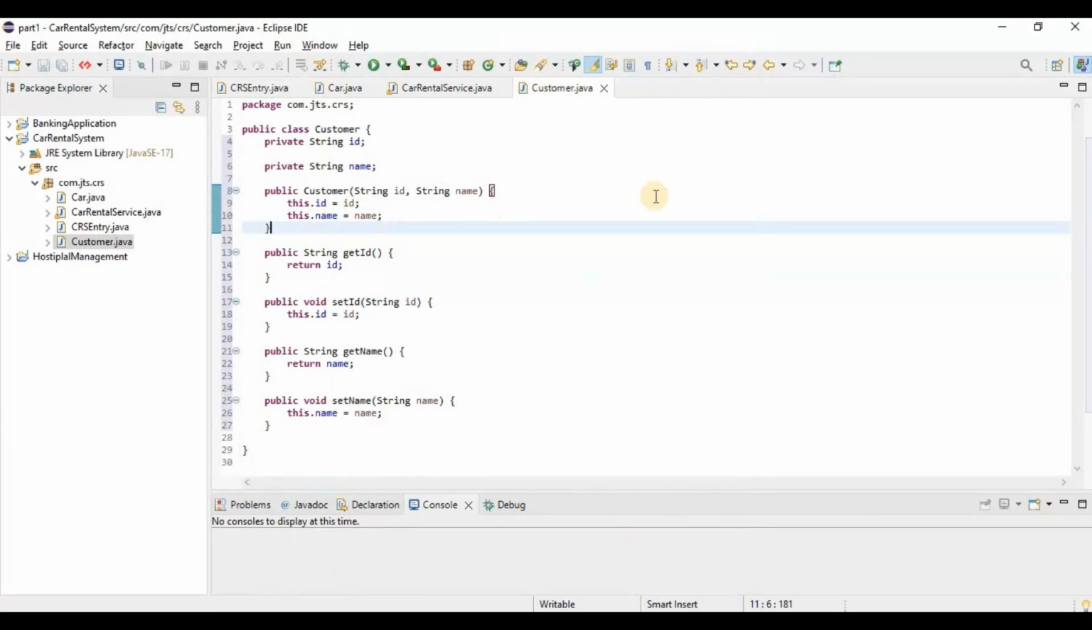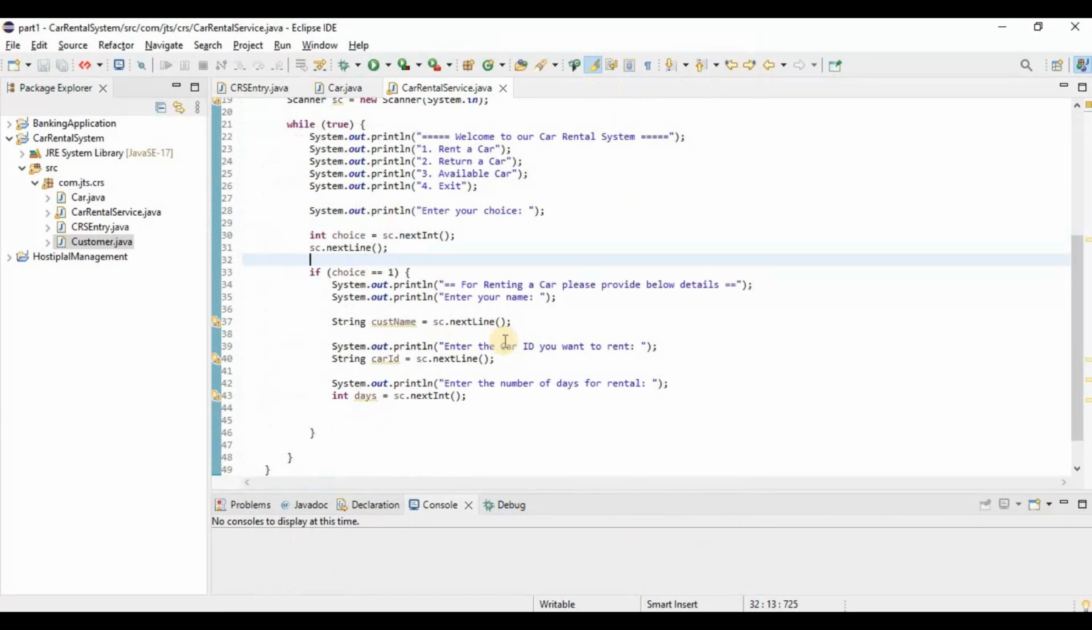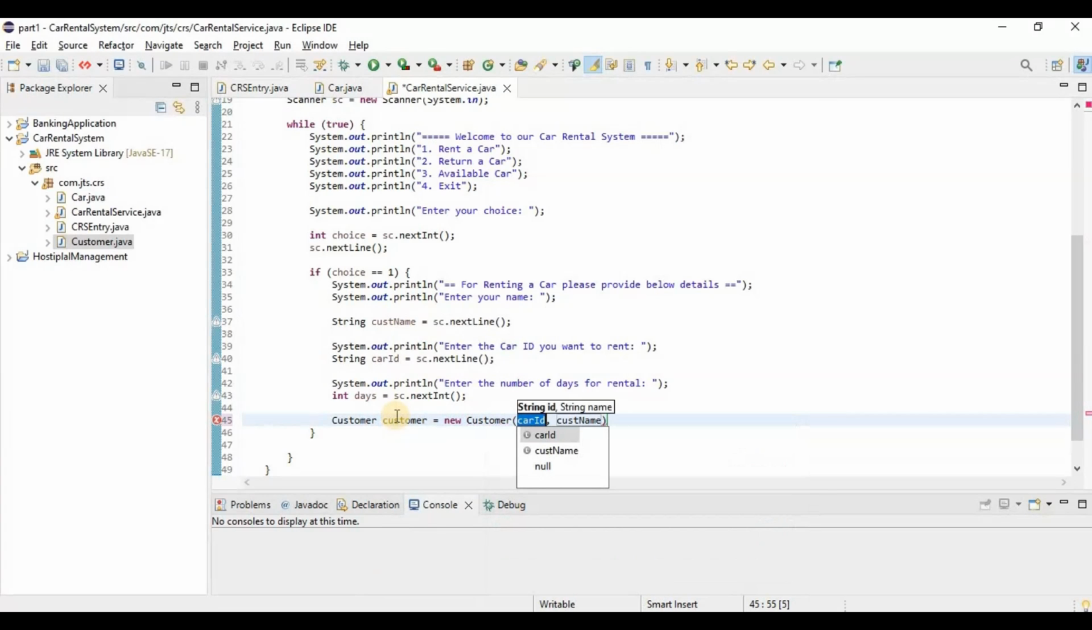Okay. So now over here, we need to set this data into the customer object, like new Customer. Here we need to pass the id. We can generate this id. So the id would be like customer, hyphen, plus